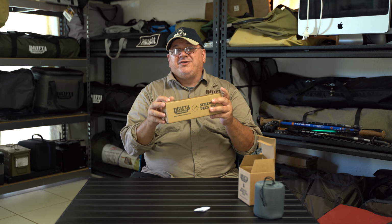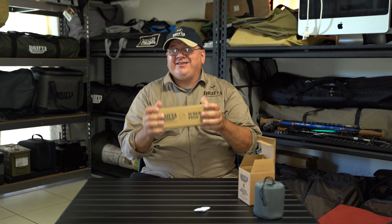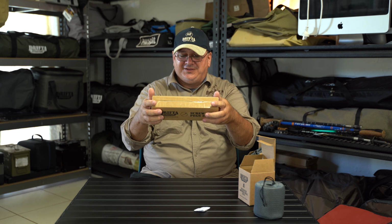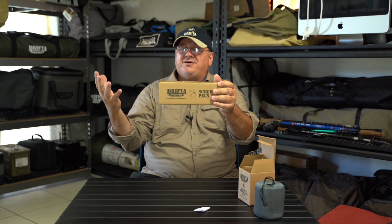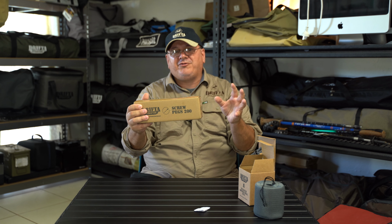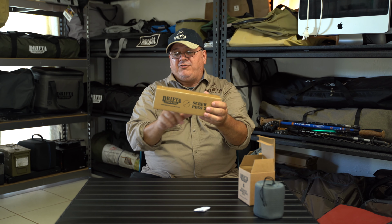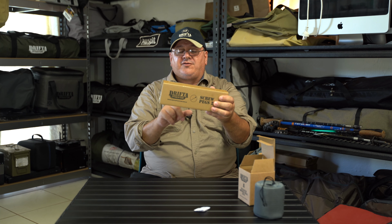So I spoke to Luke about it, and he said, I'm going to look for a solution, and this is the solution. Basically, it's a 200mm version of the longer pegs. Now, if memory serves me right, I think the original one's a 300, thereabouts. Just correct me if I'm wrong. So that's why they come out with the 200 range on the screw pegs, for if you've got really hard